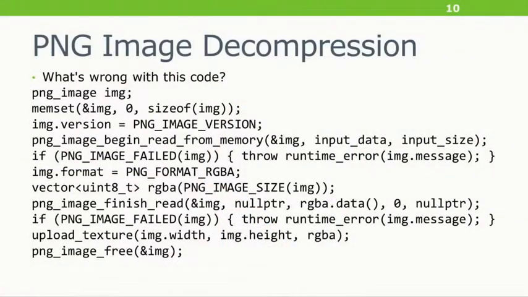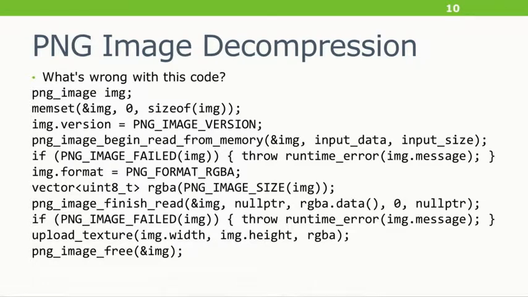This is basically saying, and I should actually walk through what this is doing. This is saying, let's construct a png_image img on the stack. This is some POD. It's provided by the library. It's a C library, so this isn't going to do anything fancy. We need to memset it to all bit 0 because the API tells us, and then write in a constant because the API tells us. Then we can call a function to read the header and figure out how big the image is going to be, because we need to know that in order to allocate memory.